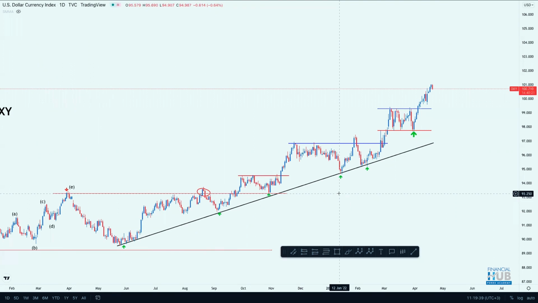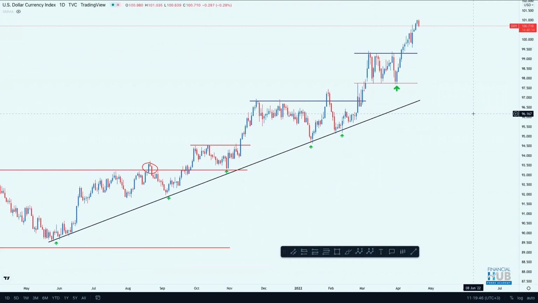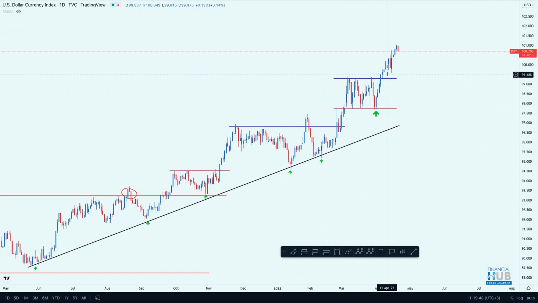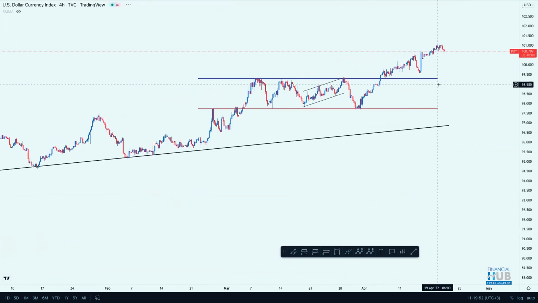But I believe we can get a bit of a correction. Remember, anything that goes up must come down, it's a rule of thumb. It's just that we cannot say with good accuracy where the market is going to turn, but what goes up must come down. So that's what I'm watching on this one. On the 4 hour chart, the momentum is slowing down to the upside.